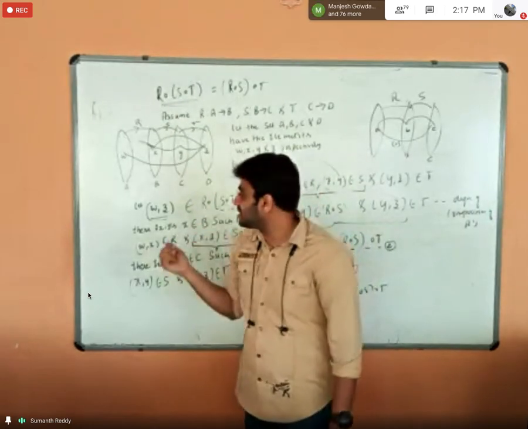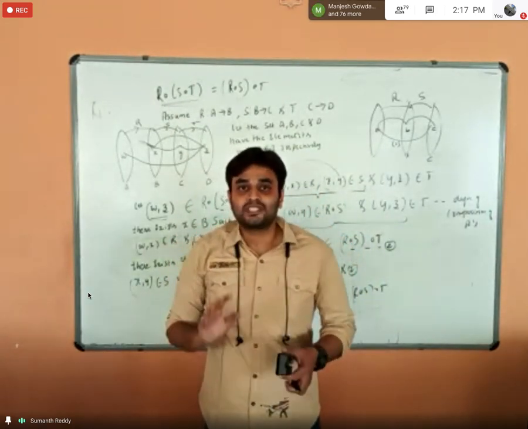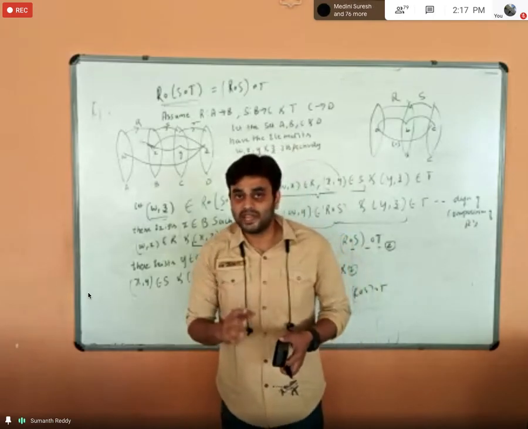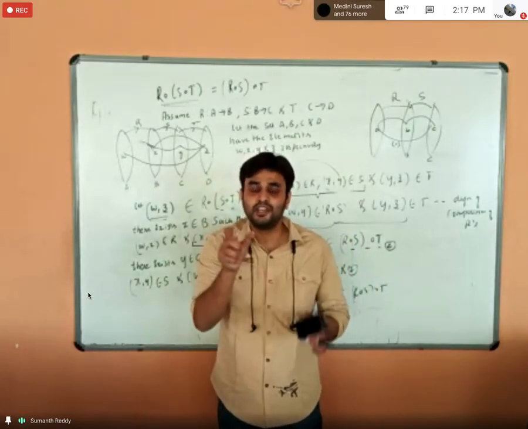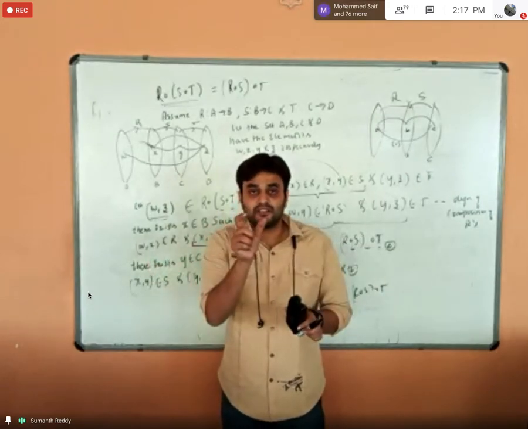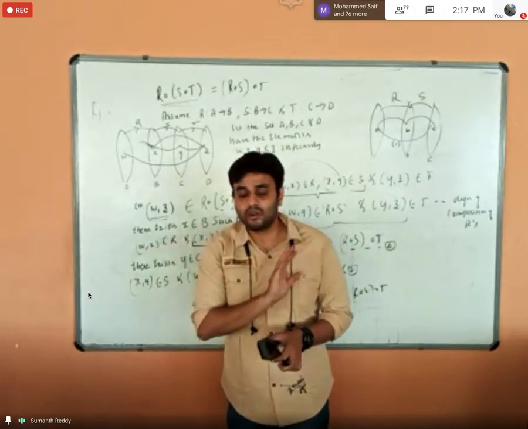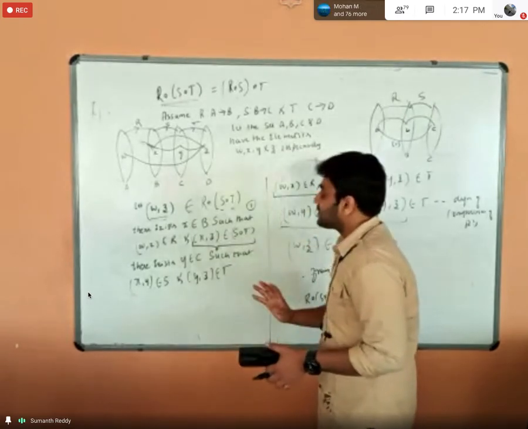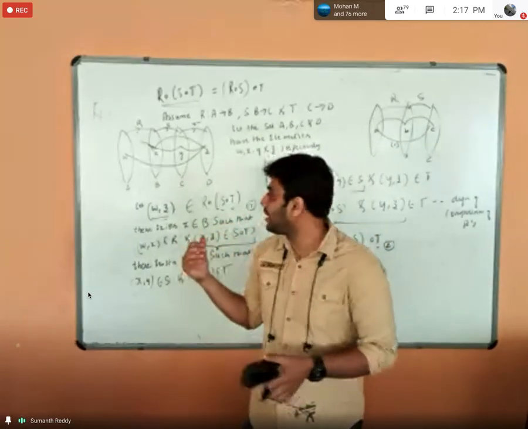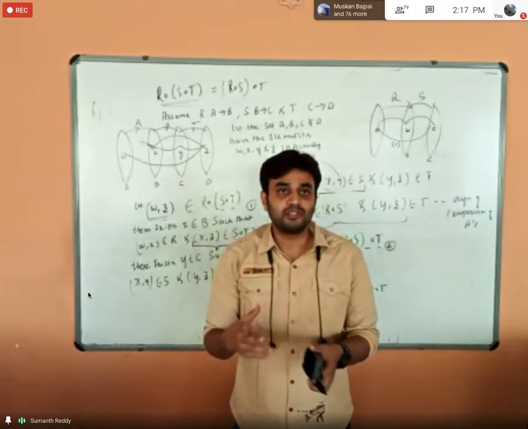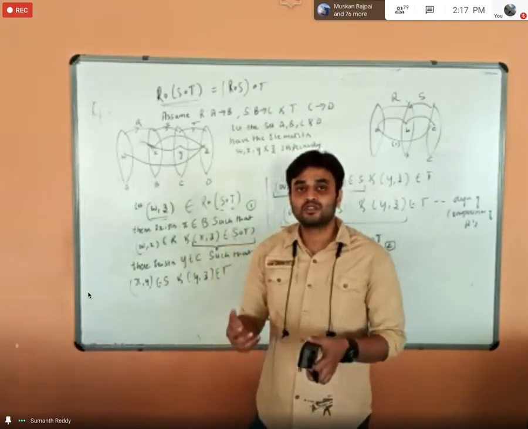See, actually, this theorem looks very lengthy, but all you are doing is applying the composition of relation definition. That's all. You are expanding based on the definition, and then just contracting. You are not doing anything else here, right? As I told you, when you look at the textbook, this theorem looks very complicated. But for the theorems in module 3, I will send the notes, so you can refer to the notes.